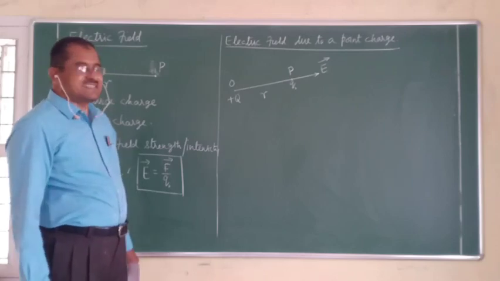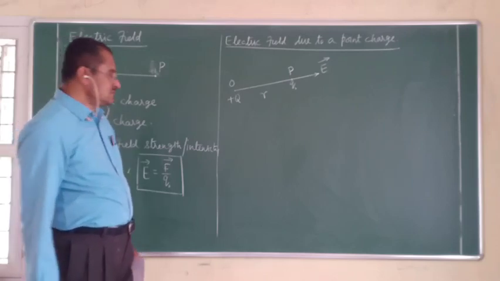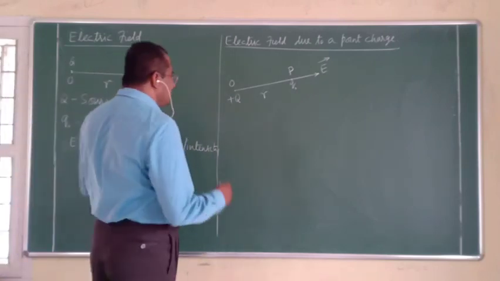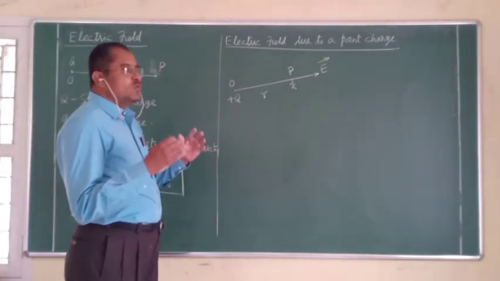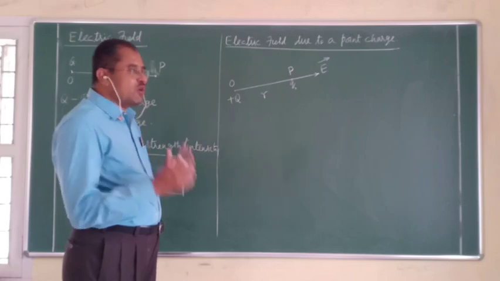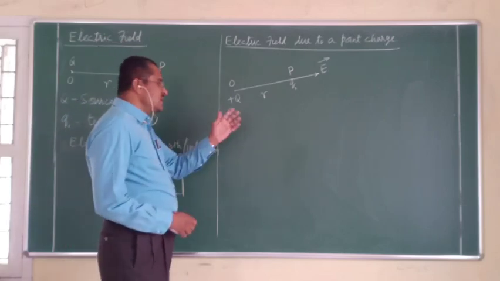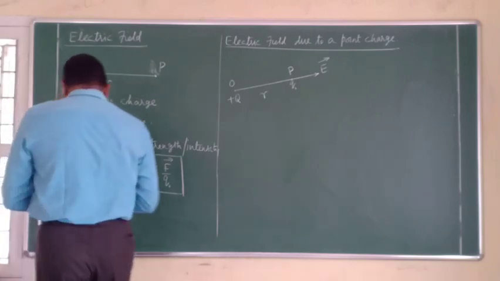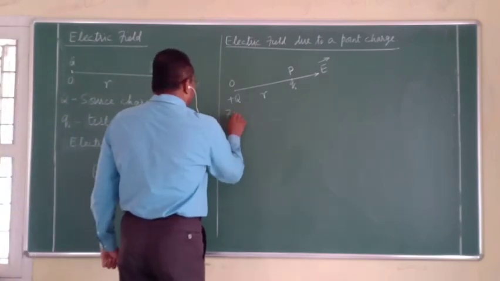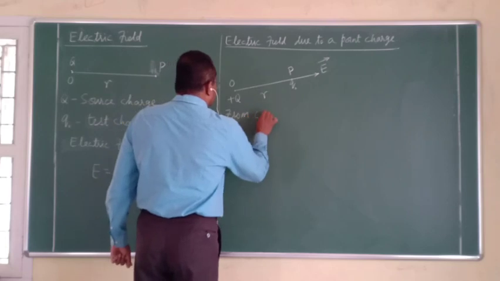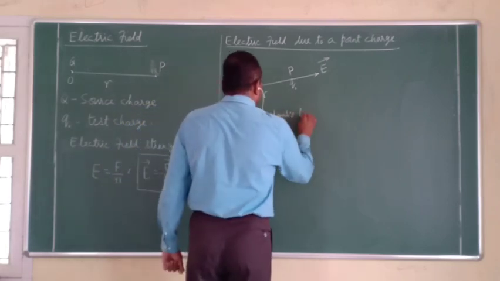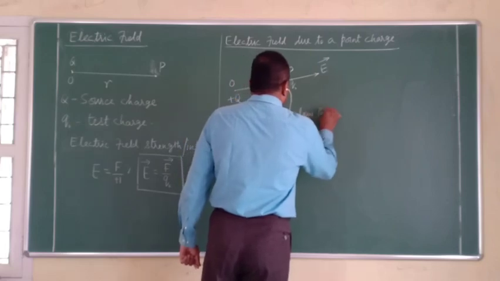If I place a test charge Q naught at P, from Coulomb's inverse square law, I will be able to find out what is the Coulombic force that exists between these two charges. Am I right? Therefore, from Coulomb's law, the force